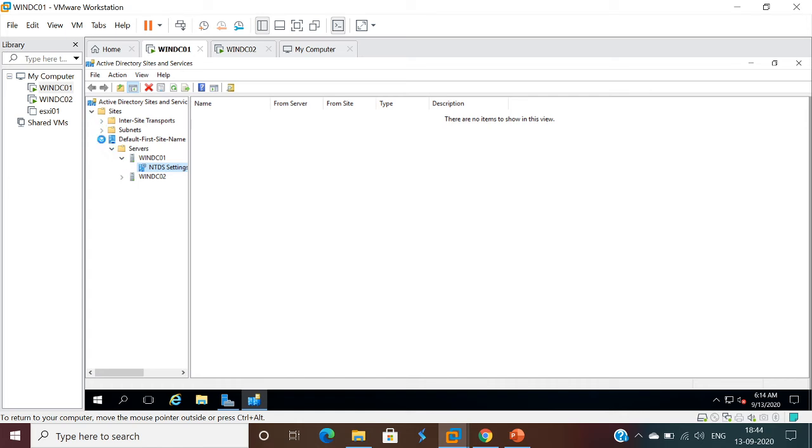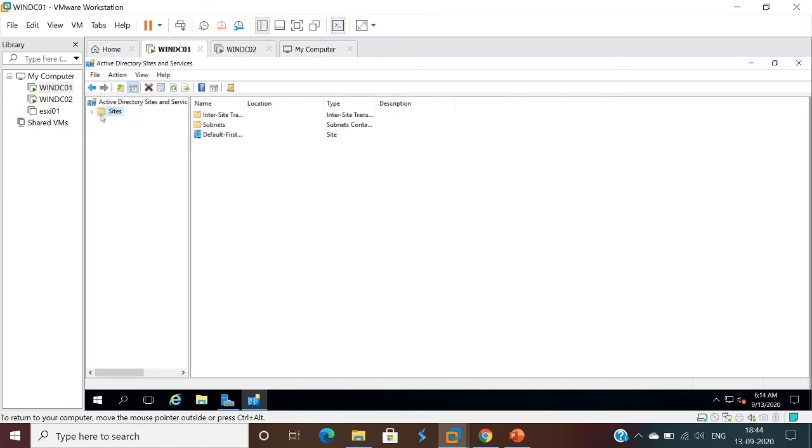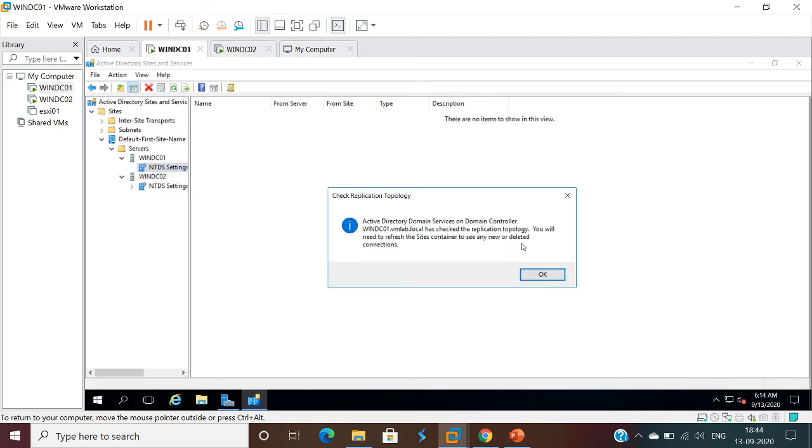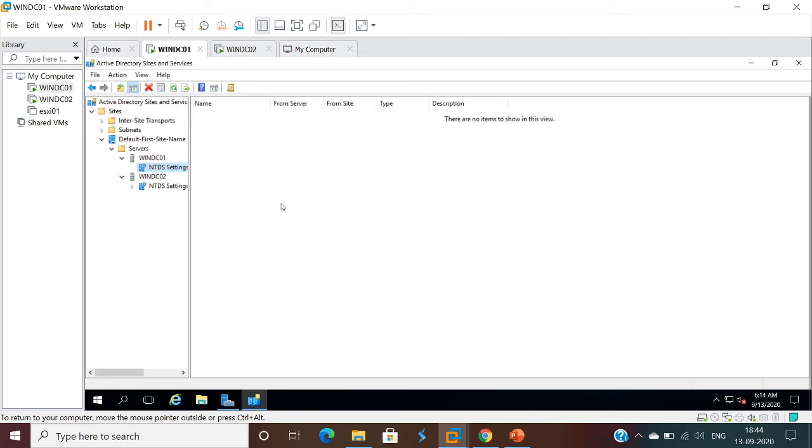Now we see, expand Sites, the default first site name. Expand Servers. We are seeing the two servers, DC01 and DC02. Expand DC01 and expand DC02. Click on NTDS Settings, All Tasks, Check Replication Topology, click OK.